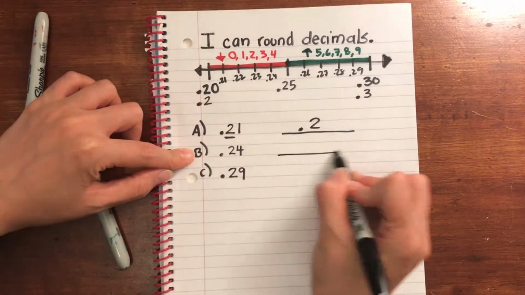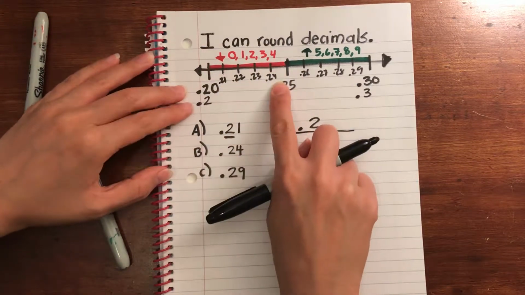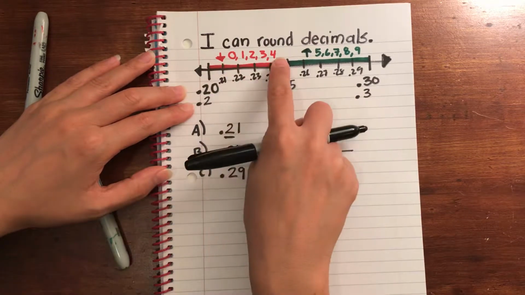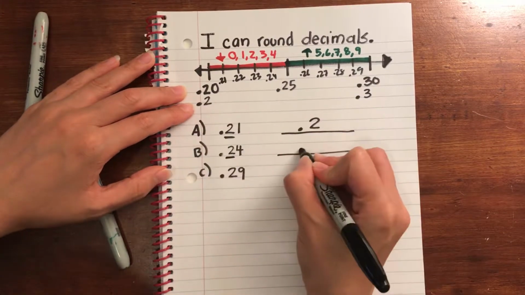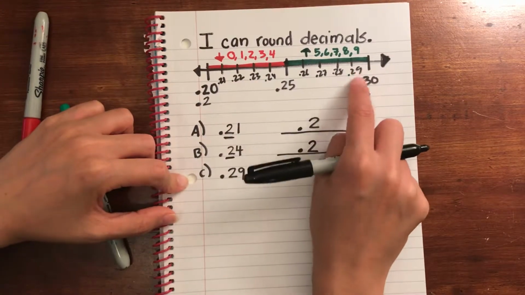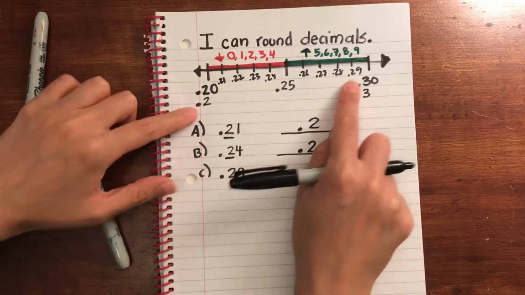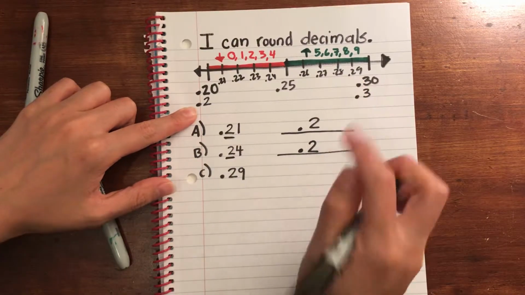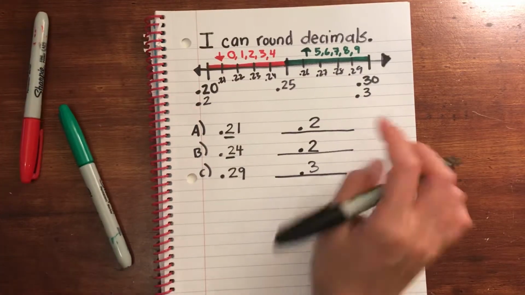Look at B, 24 hundredths. Let's find 24 hundredths. Again, it's in that round down zone. You can clearly see it's closer to 2 tenths rather than 3 tenths. 0 through 4, you round down. This is a 4, 24 hundredths, right? You're rounding to the nearest tenth, you would round down to 2 tenths. Last one, we're going to the other end of the spectrum. We have 29 hundredths. Rounding to the nearest tenth, you can see that it's much closer to 3 tenths rather than 2 tenths. If you were to round 29 hundredths to the nearest tenth, you would round up to 3 tenths. Now visually you could see why those answers were correct, but sometimes it can become impractical to draw a